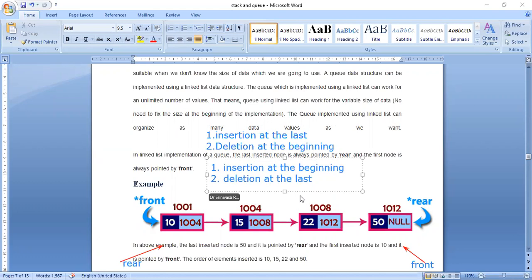Deletion at the last means what? Front, that is front I am taking as the first element. The last element I am considering as front, and the first element I am considering as rear. Then what are the two functions I have to implement? Insertion at the beginning, deletion at the last. If I consider front as the beginning node in the linked list and rear as the last node in the linked list,